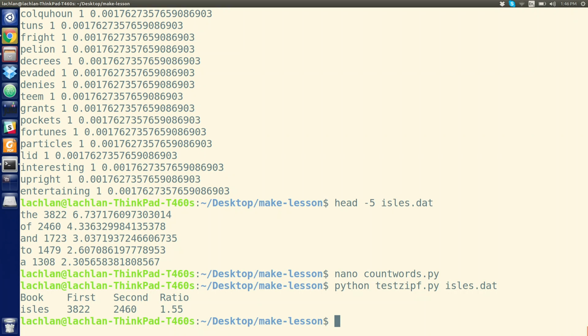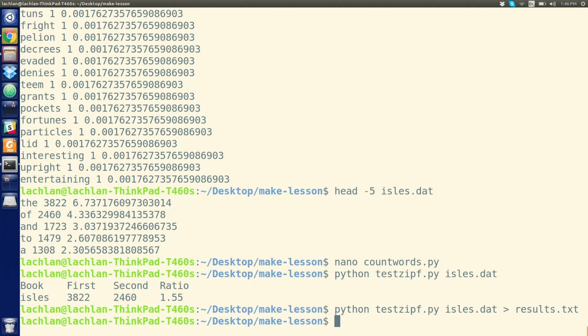We might not want this script to return output to the screen. We might want it to store it somewhere in another file. So the way we're going to do that is we're going to send the output with this greater than sign that we saw yesterday to a file called results.txt. And then if we hit enter, Python's going to execute test script, but it's not going to print the result to my terminal. It's going to store it in results.txt